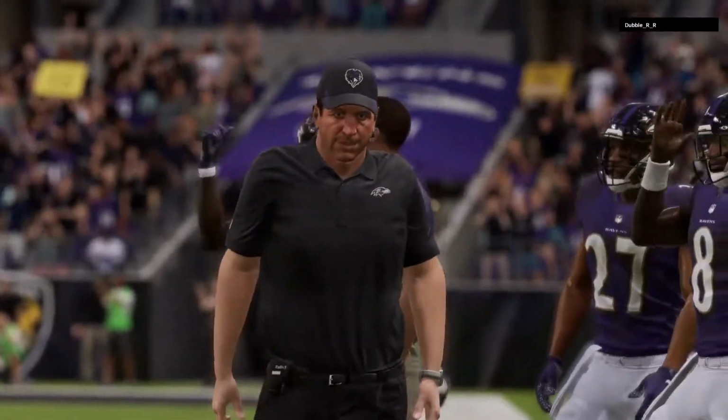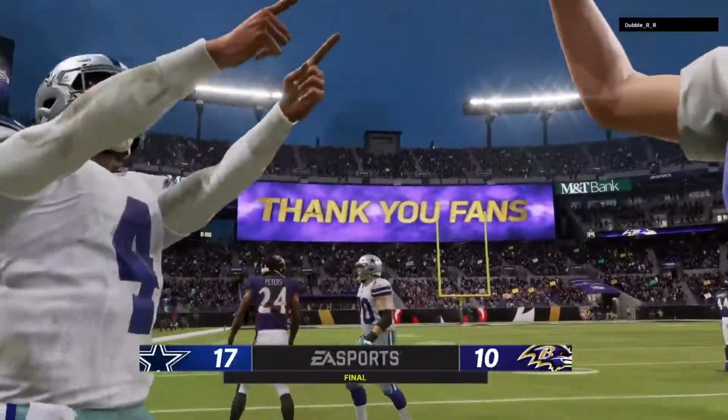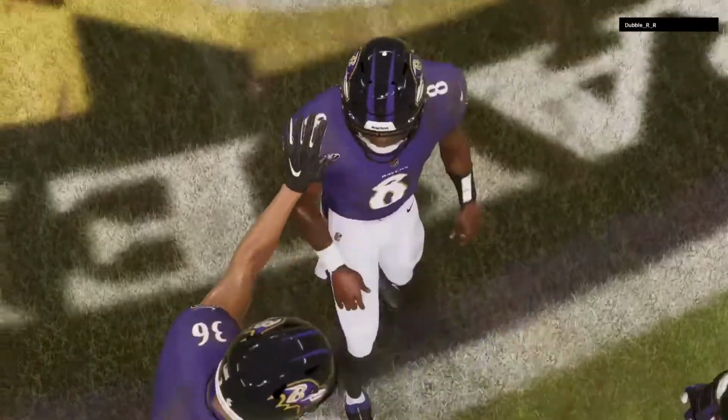And we talk so much about the turnover battle, determining who wins, who loses. This game, no exception. Error-free football, no turnovers at all, and they win it. So this is one you don't have to convince